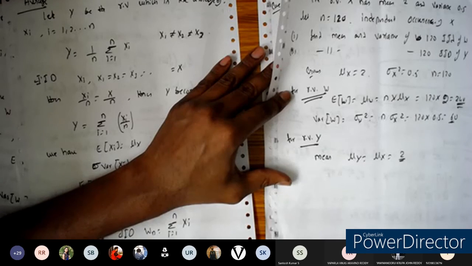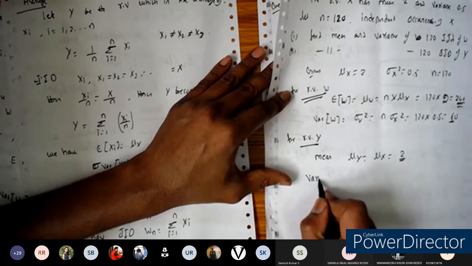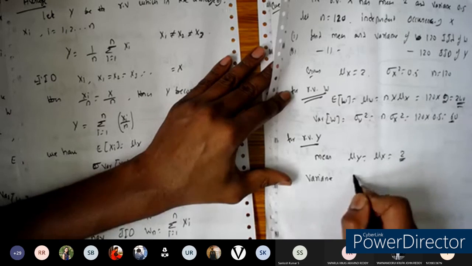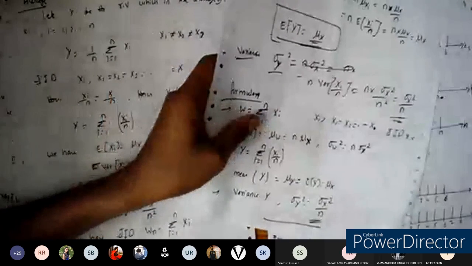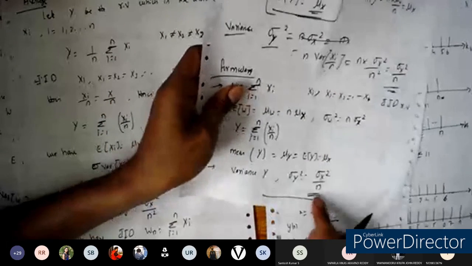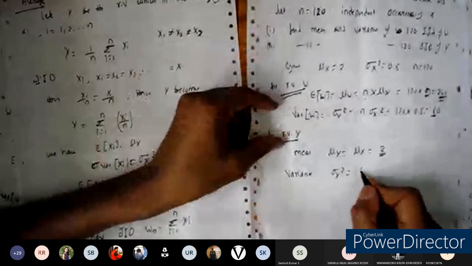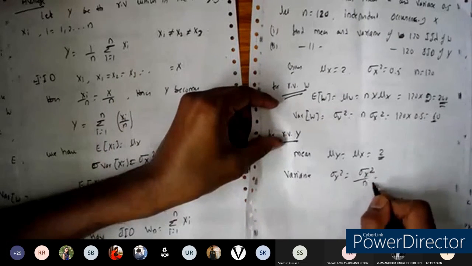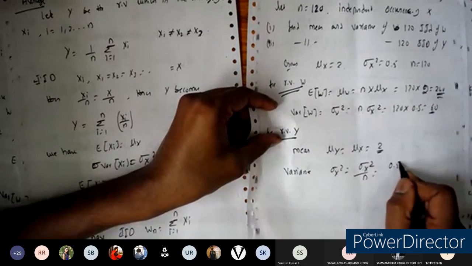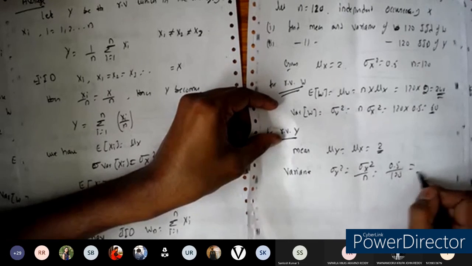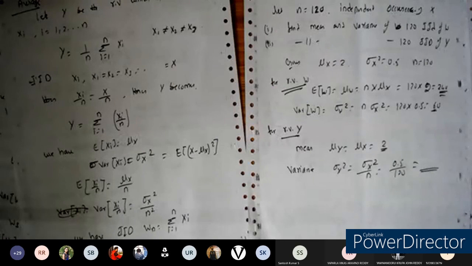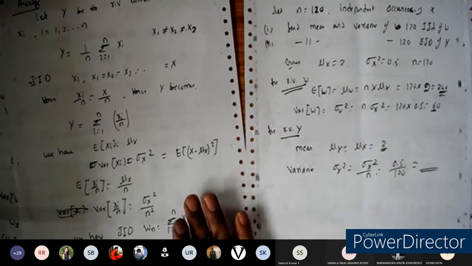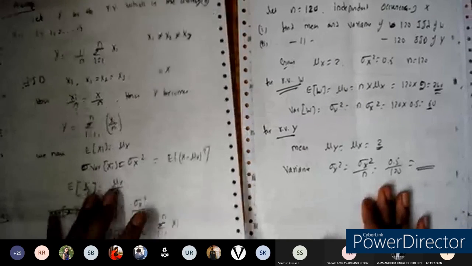Next, let us find the variance, sigma y square. It is sigma x square divided by n. Sigma x square is 0.5, divided by 120. Find that value, and that is the variance here. So this is the concept of the IID and some statistical